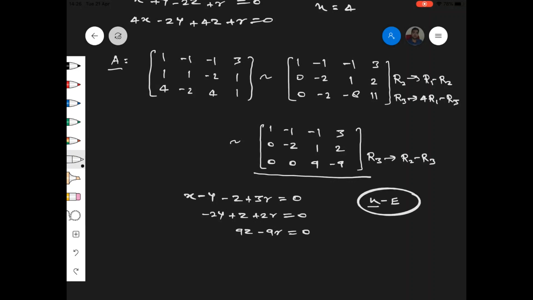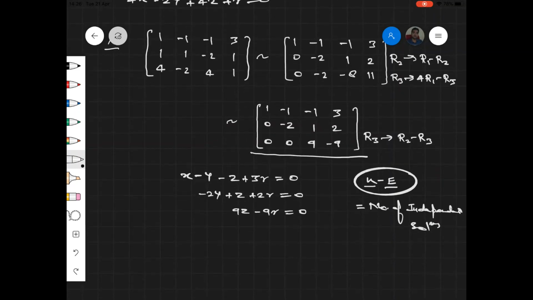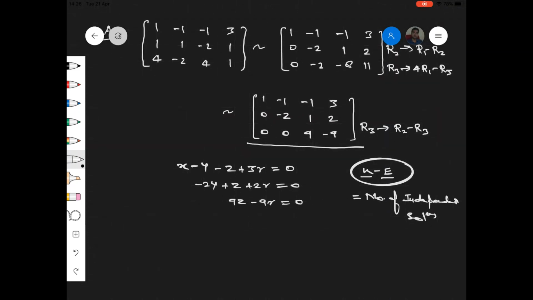Again I'm repeating this, number of variables minus number of equations, this will turn out to be the number of independent solutions. So here the number of variables are 4 and number of equations are 3. So 4 minus 3 equals to 1 is the number of independent solution,